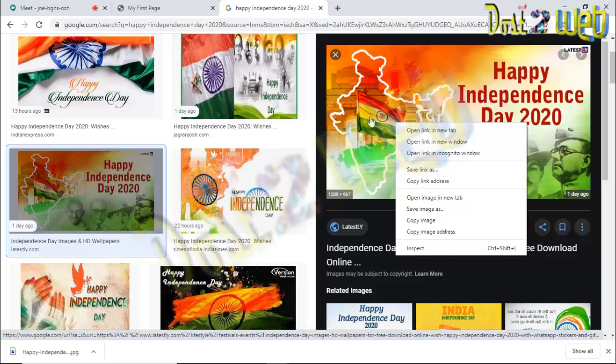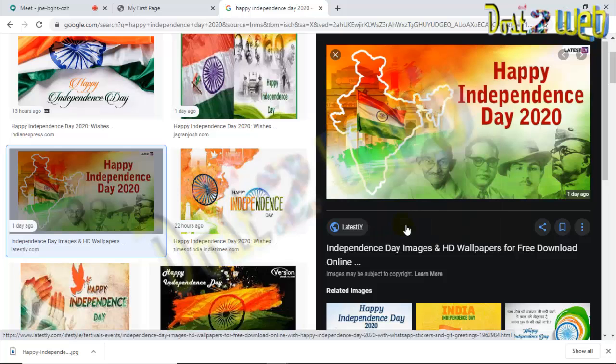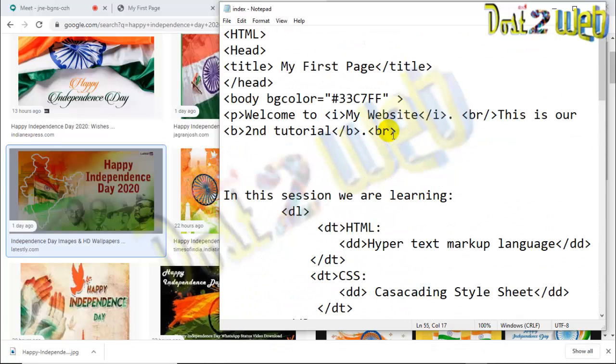Now we want to directly use the link. In the same way, right click and copy image address. Click on copy image address and come to the code. I'll come to the top of the website, and below this tutorial I'll use the image tag.